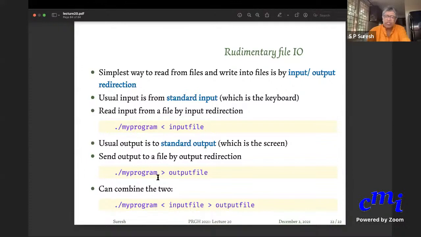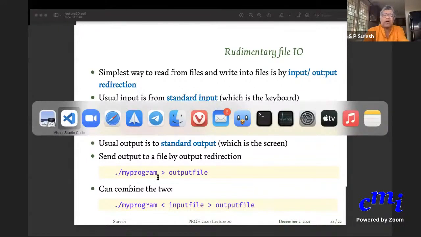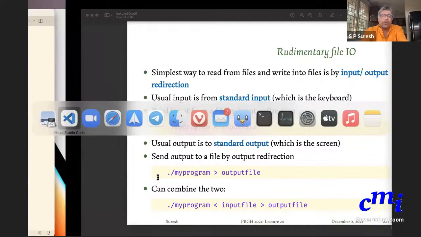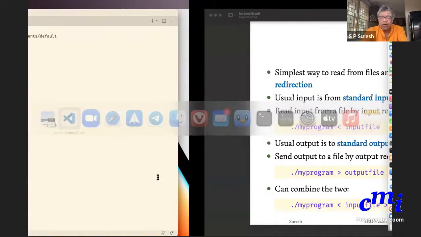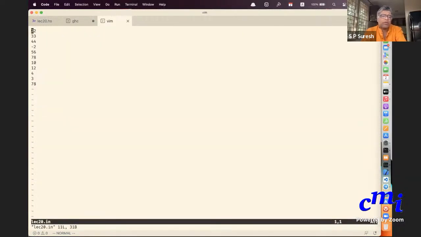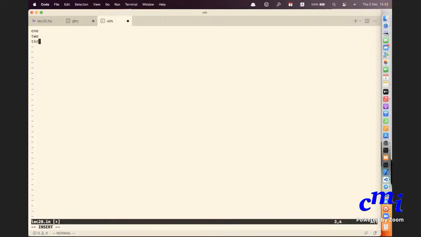So for instance, this function that we had where every line is reversed, I could for instance go here, do a elect20.in, and I could just write stuff, 1, 2, 3, 4 bytes, let's say.